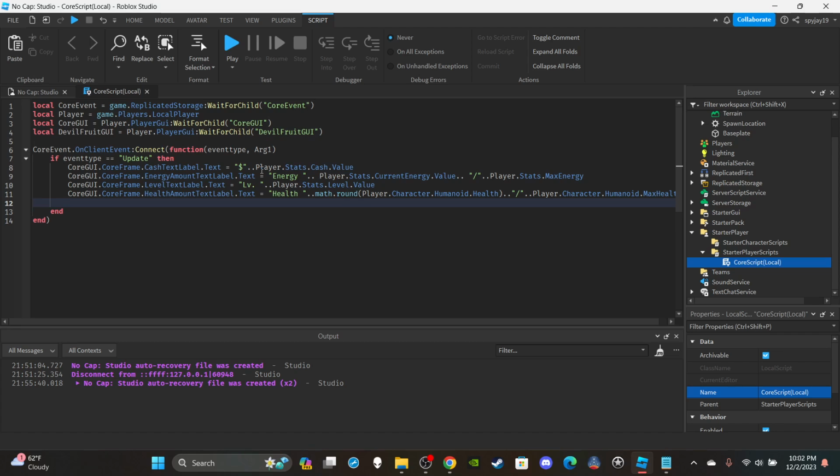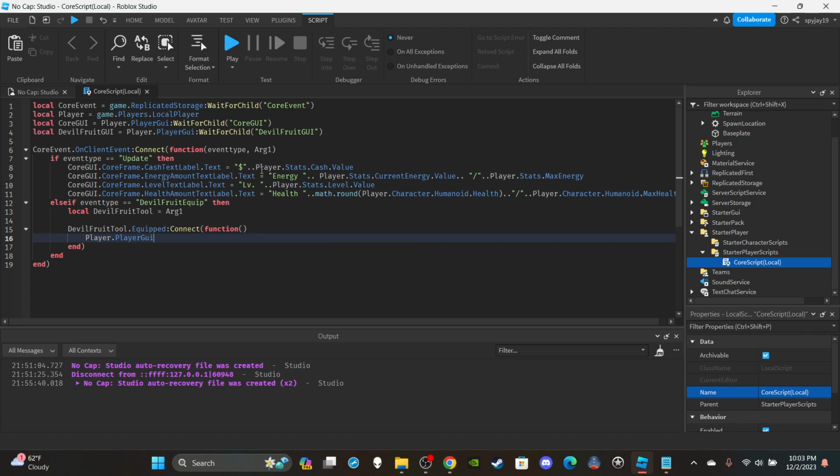Then moving on to the second and last event. We're going to say else if event type is equal to quotation marks devil fruit whip, right? This is for when you're trying to equip a devil fruit. So then I'm going to create a variable. I'm going to say local devil fruit tool is equal to arg1, right? Then I'm going to say devil fruit tool dot equipped connect function, right? With parentheses, enter, and then you're going to say player dot player GUI dot devil fruit GUI dot enabled is equal